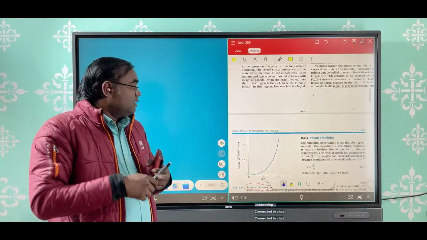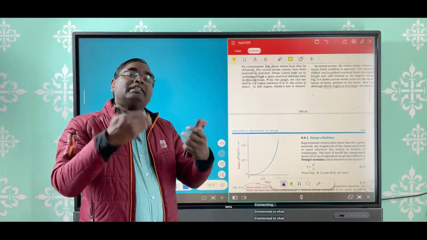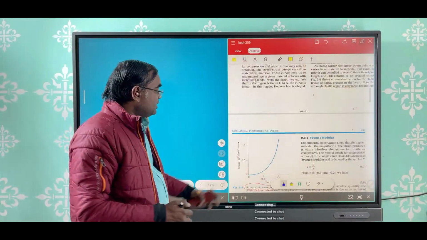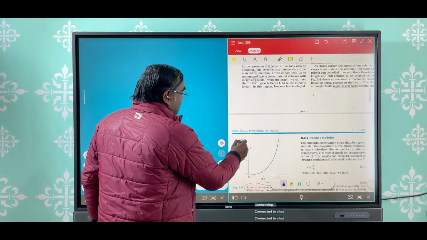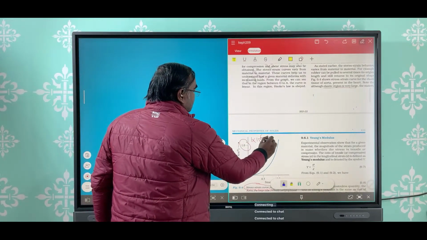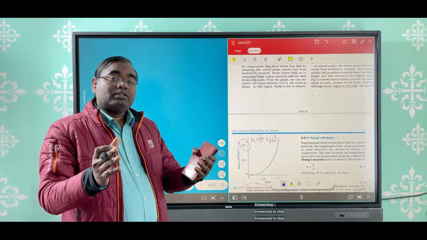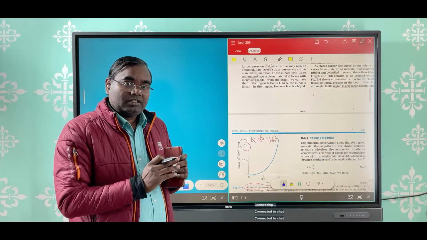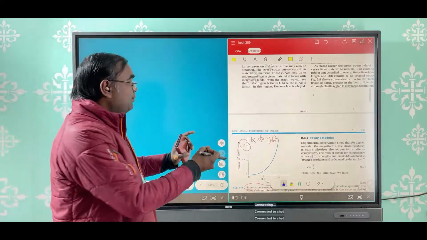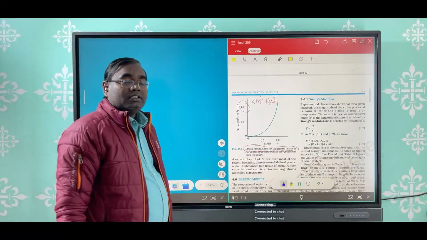That means you can see that up to this point, aorta has the capability to regain its original dimension, right? Even after this much stress, 1 into 10 to the power 6 न्यूटन पर मीटर स्क्वायर अप्लाई होने के बाद भी, जैसे ही वो प्रेशर हटता है आयोटा वापस आ जाता है। ठीक है, तो इलास्टिक रीजन इज गुड, there is no plastic region visible in this graph. That means